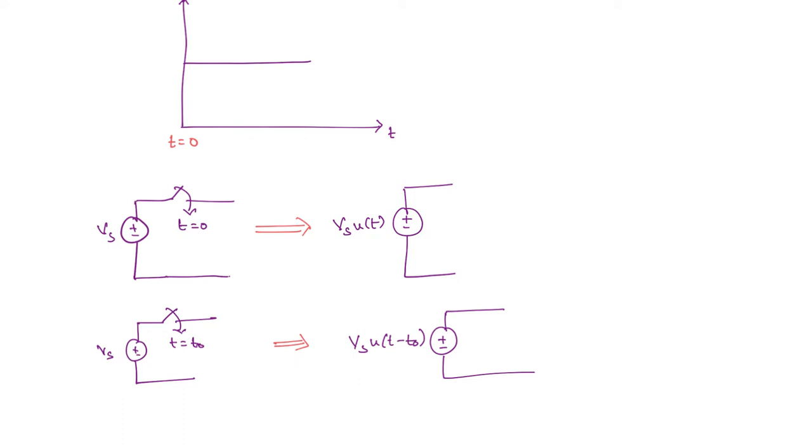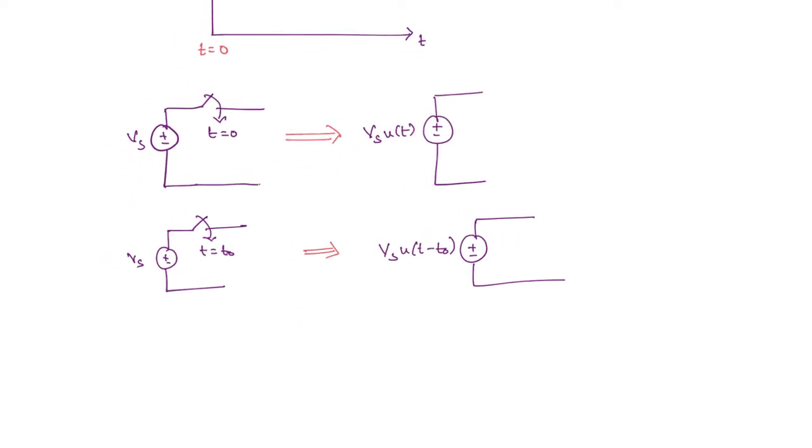Okay. So similarly, you can do the same thing for a current source as well. There is a current source, let us say, and the switch is being closed at t equal to 0 or t equal to t naught. You can take that as well. So this you can represent as